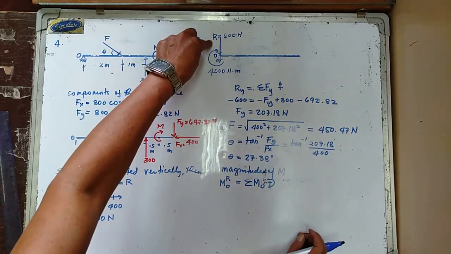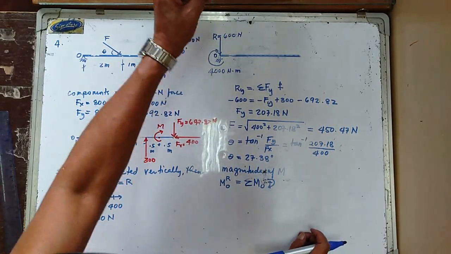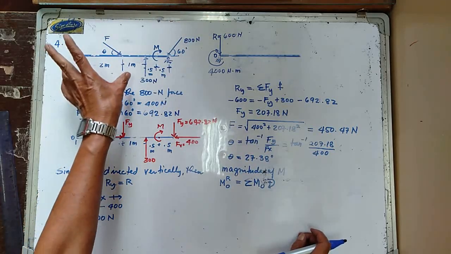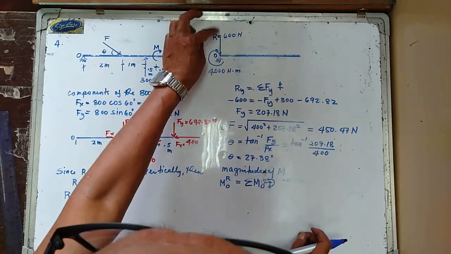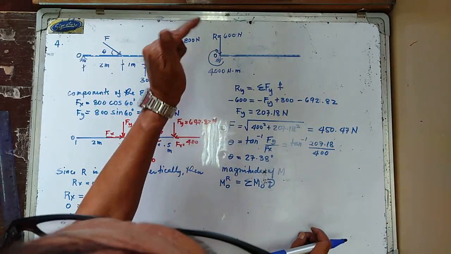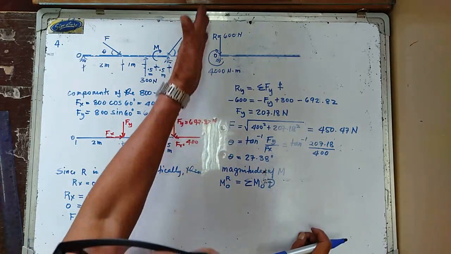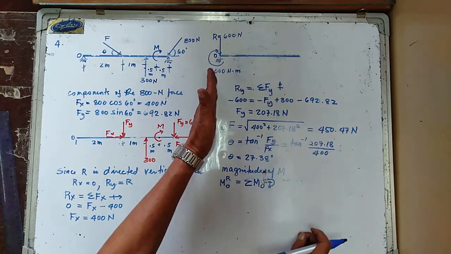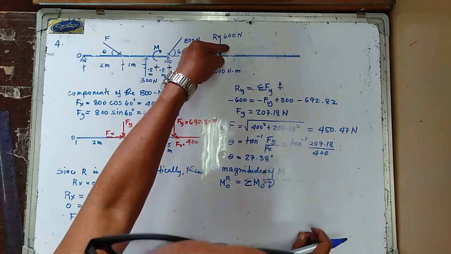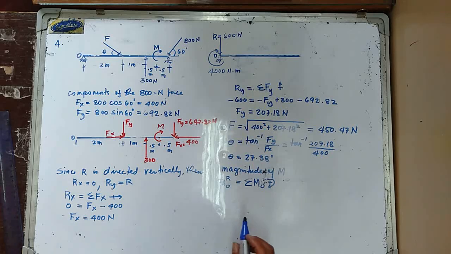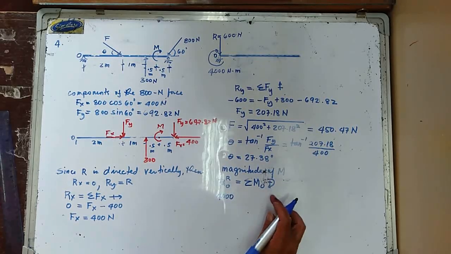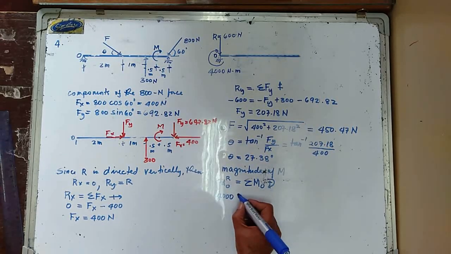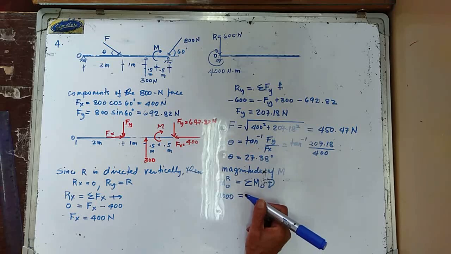This system in here was replaced by a resultant and a couple at point O. The resultant passes through point O. So we have the 4,000 Newton meter couple, and clockwise is positive. And this is therefore equal to